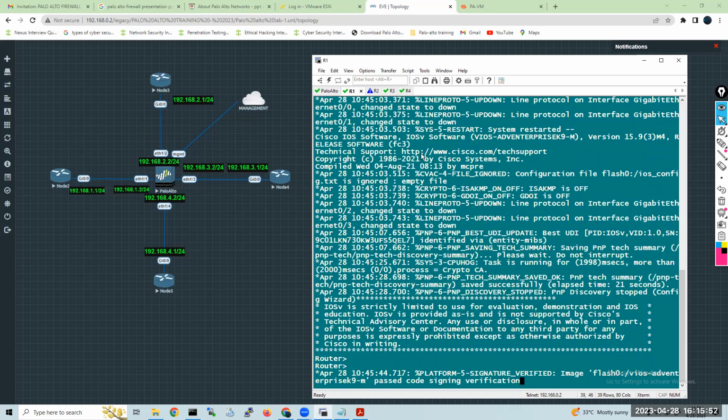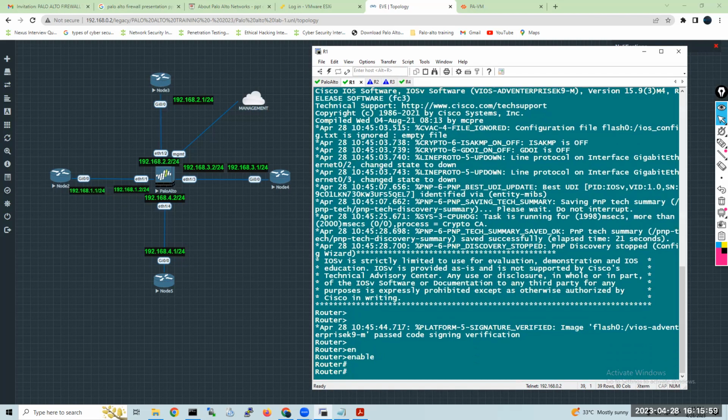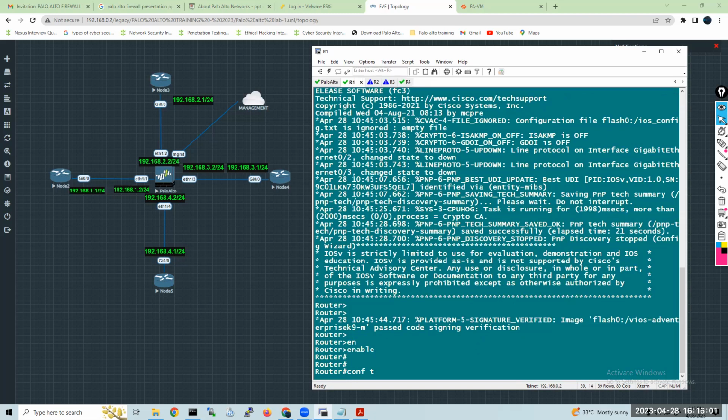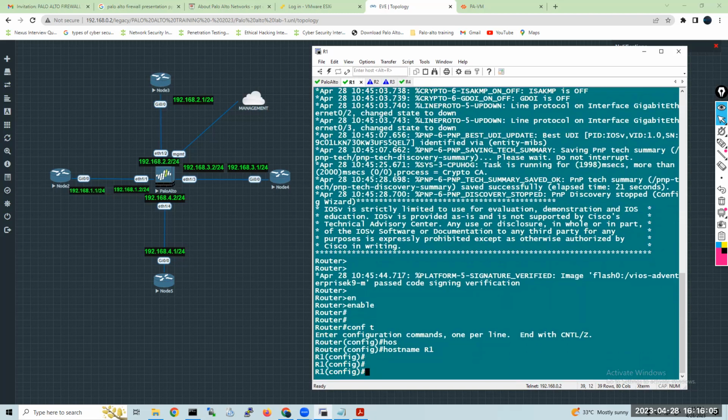Okay, so I think now these routers. So what is the first thing? We can see gigabyte 0/0, right? So how can we give it? Go to global configuration mode, hostname R1. Inside the router, it's similar to the packet filter. Same, even with real devices. Even if you go for actual real devices, it's the same thing, no difference at all. Okay, same thing. So let's see.